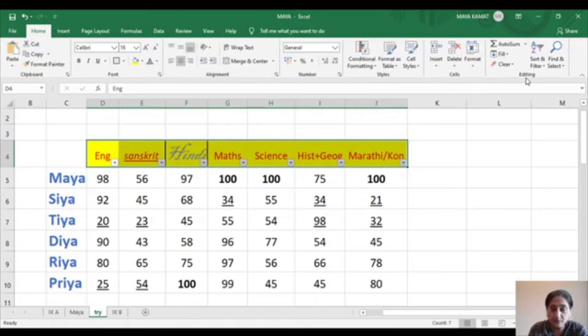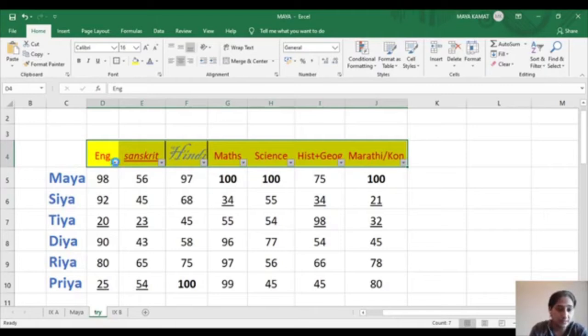The filter option is there right onto the right hand side. You will see a filter and a sorting option together. For the sort, they will show you A to Z, and for the filter, they will show you the actual filter. Okay, is this seen by everybody, this option here? Yes, teacher. Okay, so click on that option. First, you have to select all the subjects where you are going to apply the filter. Once you have clicked, it will automatically show you the drop down here.